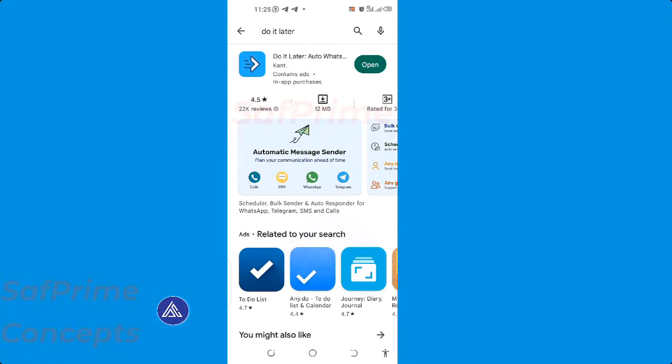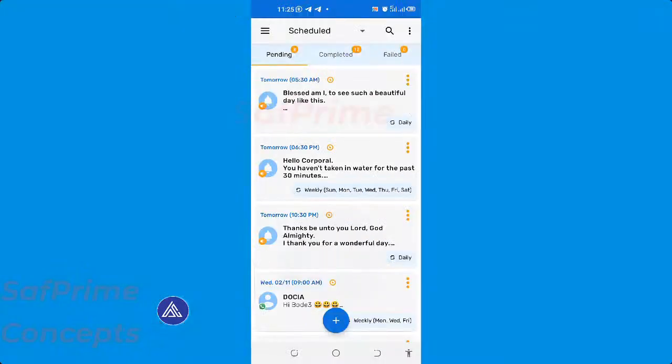So let's move on to the Do It Later app and look at how we can turn our smartphone into a professional personal assistant. Great, welcome back. So here we have the scheduled